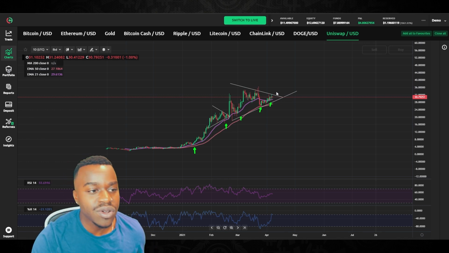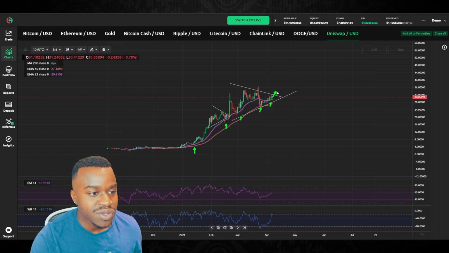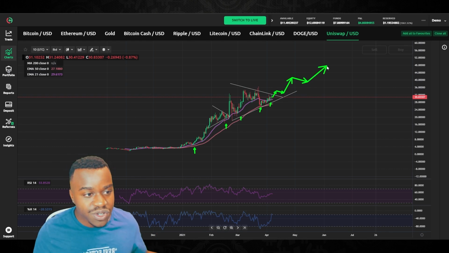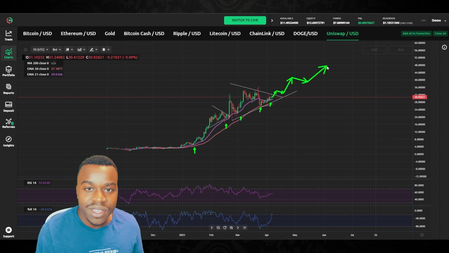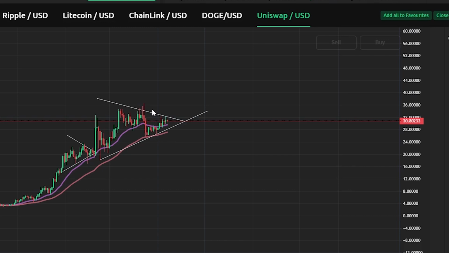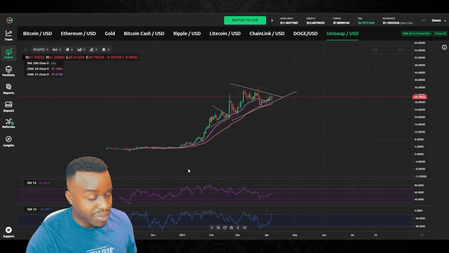So the price of Uniswap's token will more than likely continue to stay in an uptrend as long as crypto continues to grow, because it's basically a liquidity provider towards crypto. And if more money is coming in, then their token demand also goes up. And right now you can see that UNI is in a potential breakout range, similar to how it was here back in February before March started. We could get a nice big candle to the upside to break out, to test all-time high, and then also continue to trend. So here's my bullish and bearish forecast.